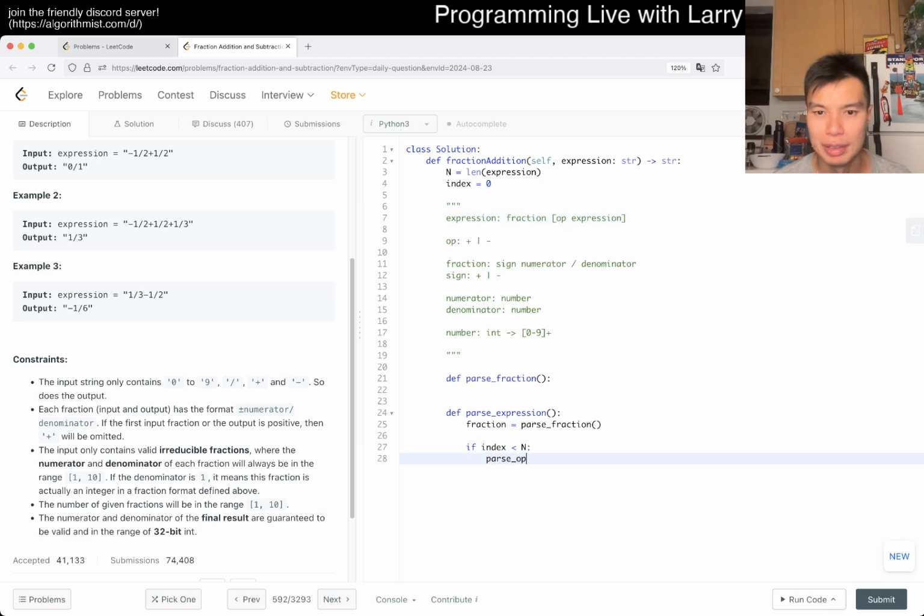op, and then we recursively parse the expression, right? And that should be good. Well, maybe, because then now we actually have to, well,